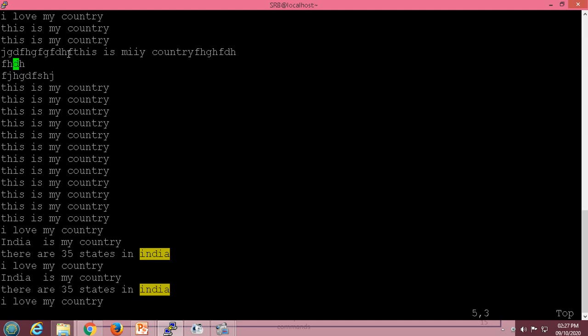Again, suppose I press small x, it will delete that character. Now suppose I press the next command, escape capital X. This will delete the character which is before the cursor location. Okay, now the next command is